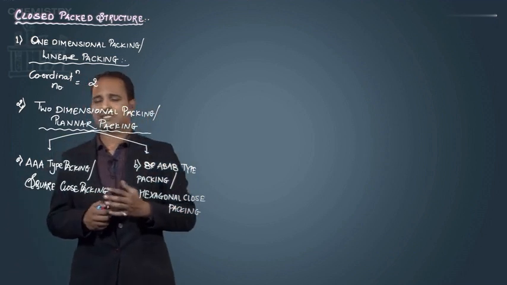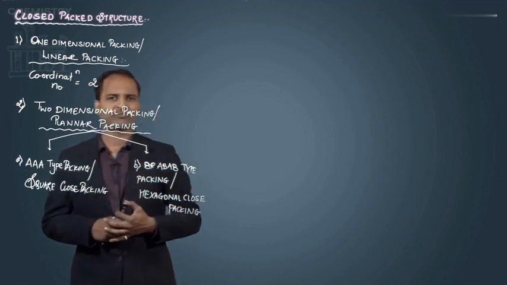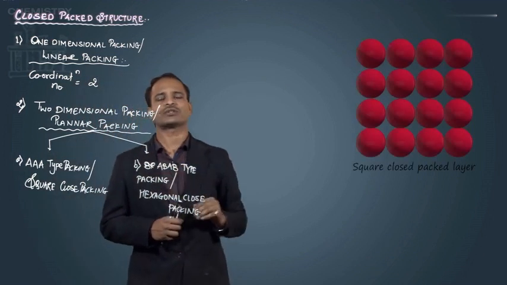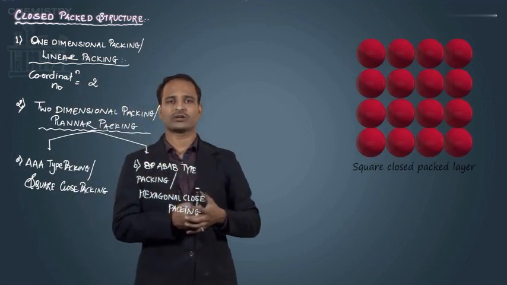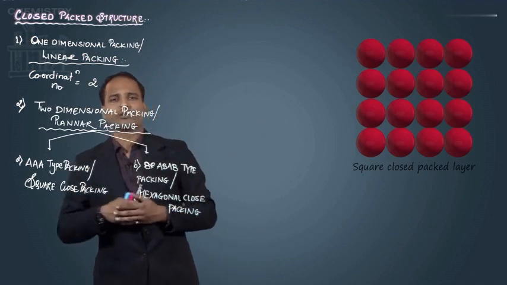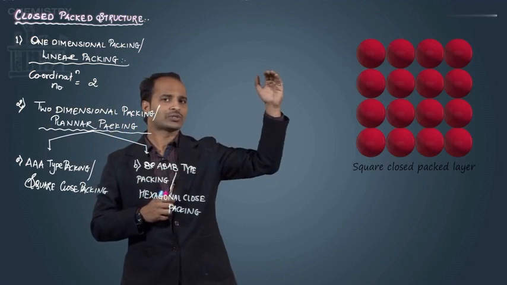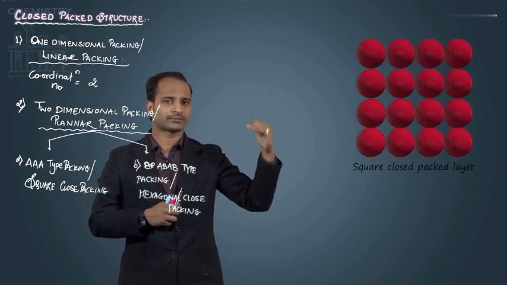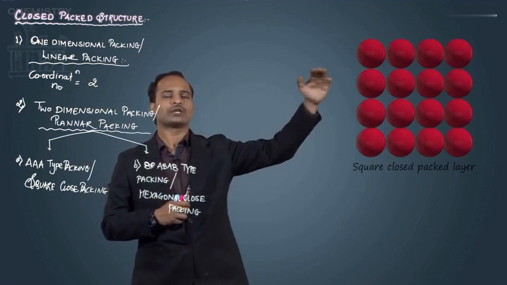Now let's see what is that AA and AB type of packing. Here we have the one-dimensional packing. One-dimensional packing means where all the spheres are arranged in a first line, in one row. Now, when the same one-dimensional rows are kept one below each other, here currently we are having only the length,